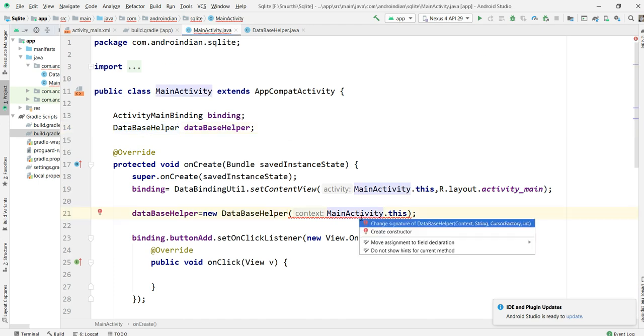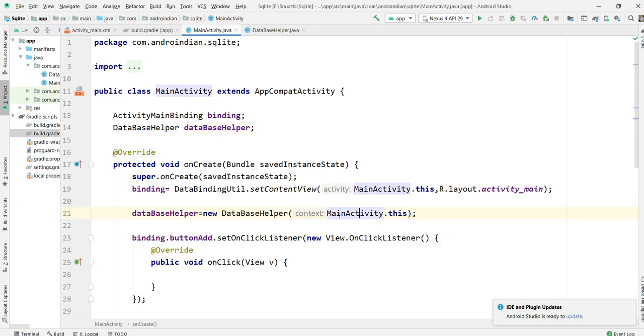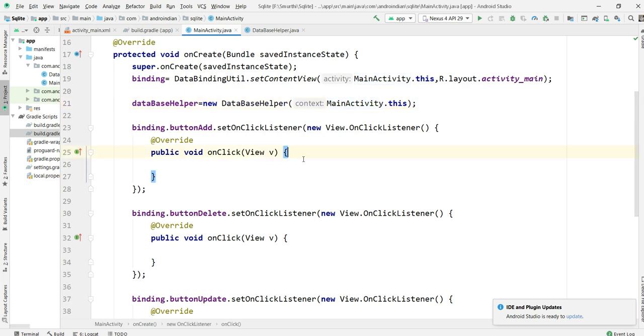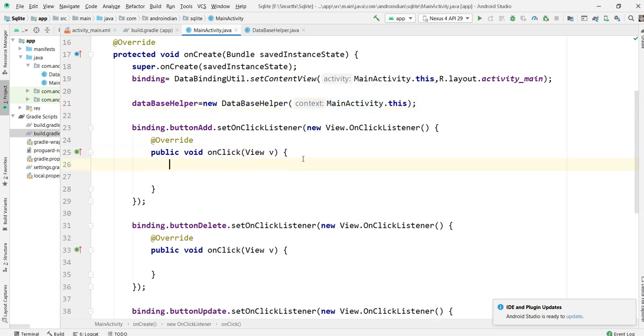So here you can change the constructor value. Now we can write here. First I want to add this. If you want to add the data here, how can we add it? Simply, based on the boolean we are adding, right? So I'm creating a boolean add equal to,